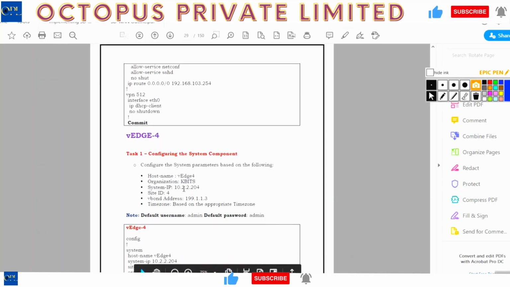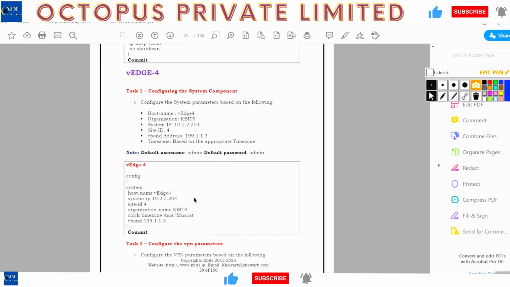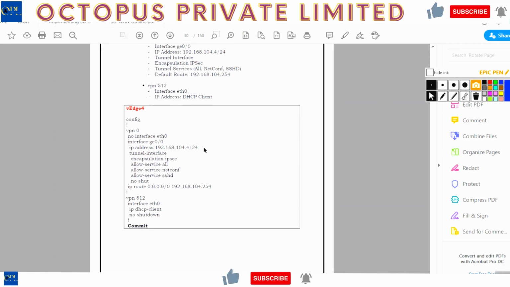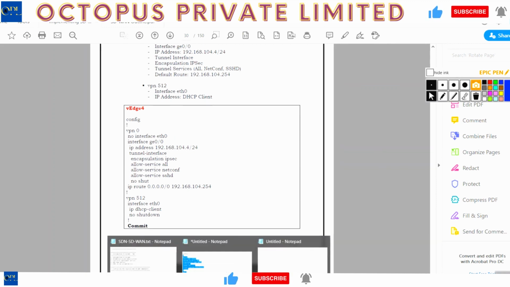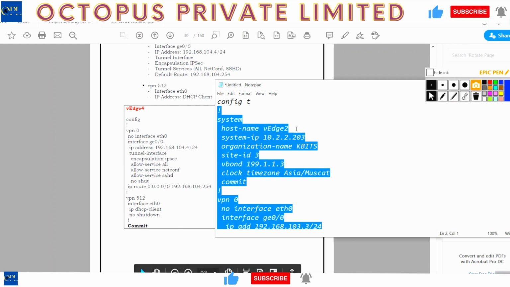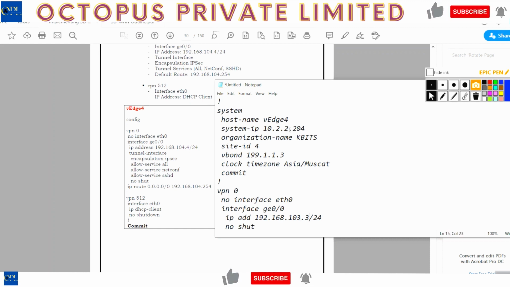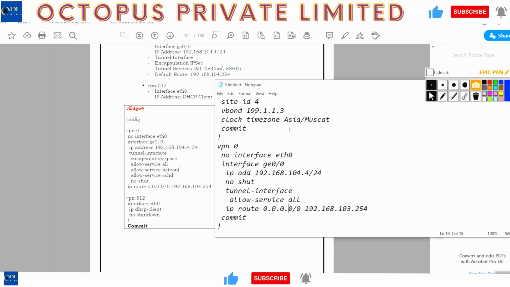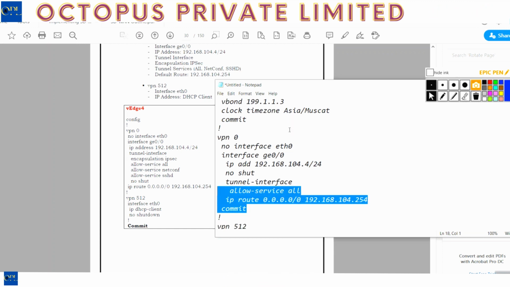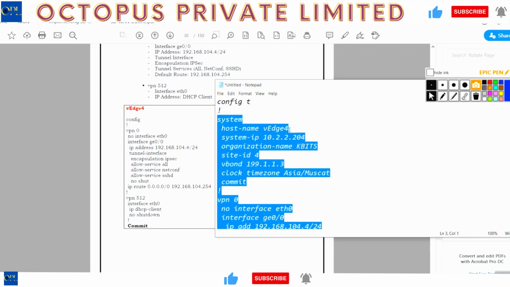The last one is vEdge 4, same concept, 10.2.2.204, site 4. The IP address is based on 192.168.104.4. So let's do that again in here. I'll change the name in a bit. More than this, I need to make sure the system IP is unique, which it was for vEdge 3. So I'll go change the name, sorry. 10.4, the rest is the same, except the default gateway is 104. Let's do this first, and then we will change vEdge 3 to vEdge 3. Copy it,